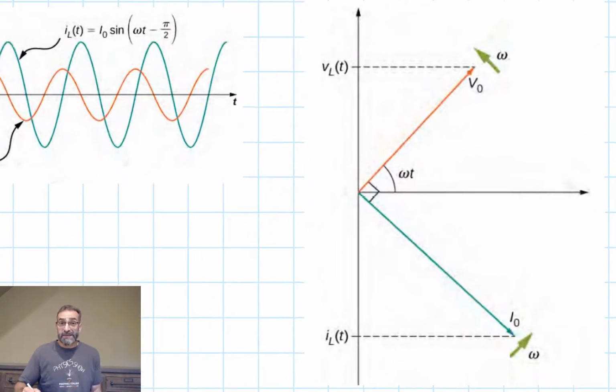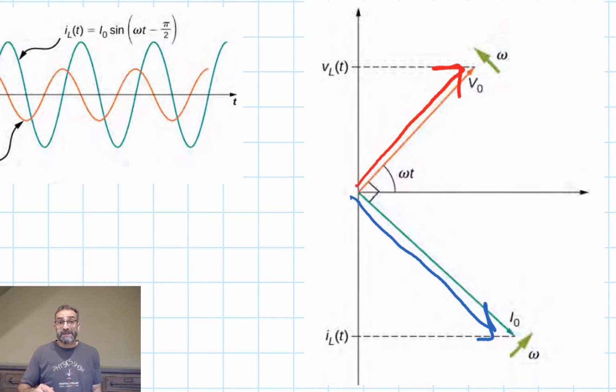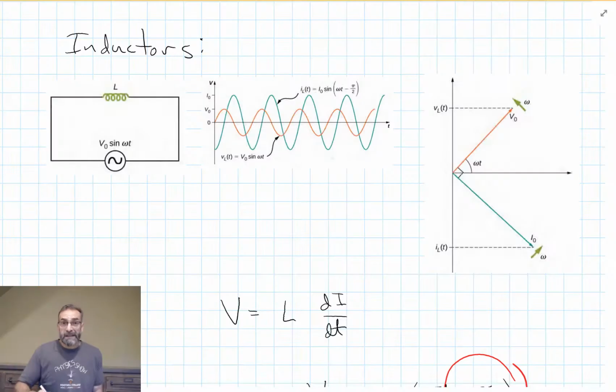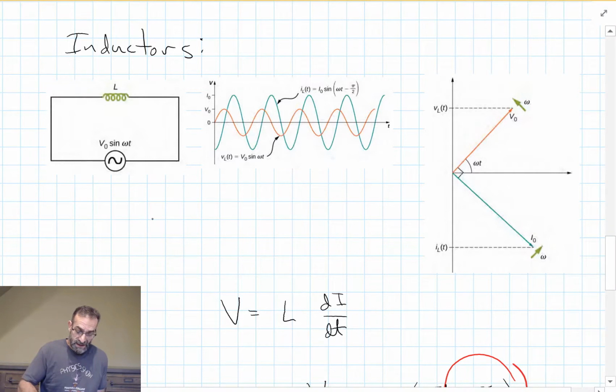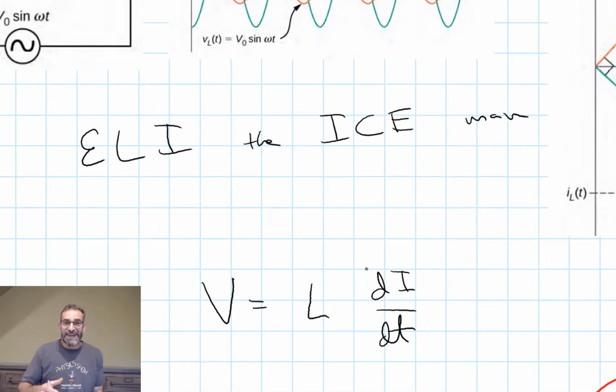Again, with the phasor diagram, once we draw in the potential difference on the device, on our inductor, we would get the current lags, is behind the voltage phasor by 90 degrees. And the old saying that was always introduced to us when I was in school is ELI the ICE man. This is a mnemonic that's used to remember which one lags and which one leads. So for an inductor,